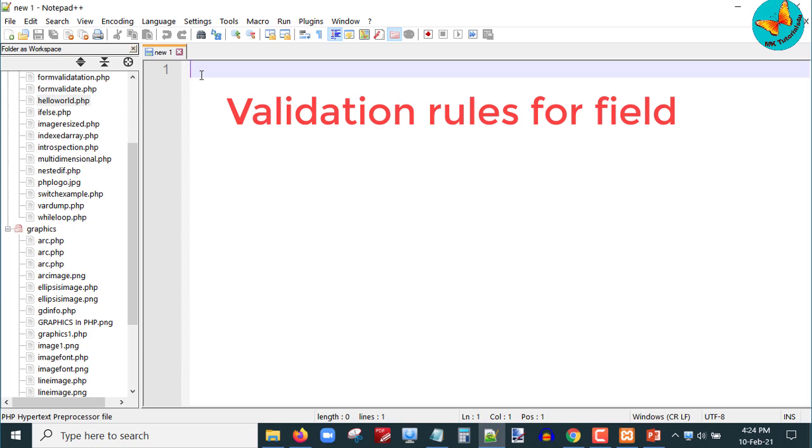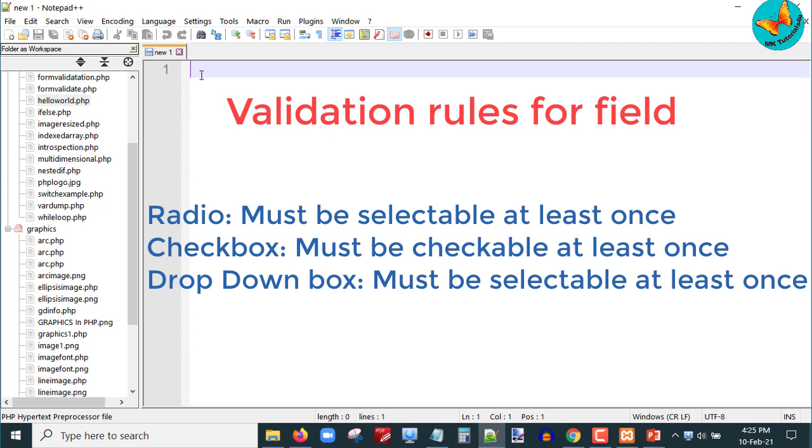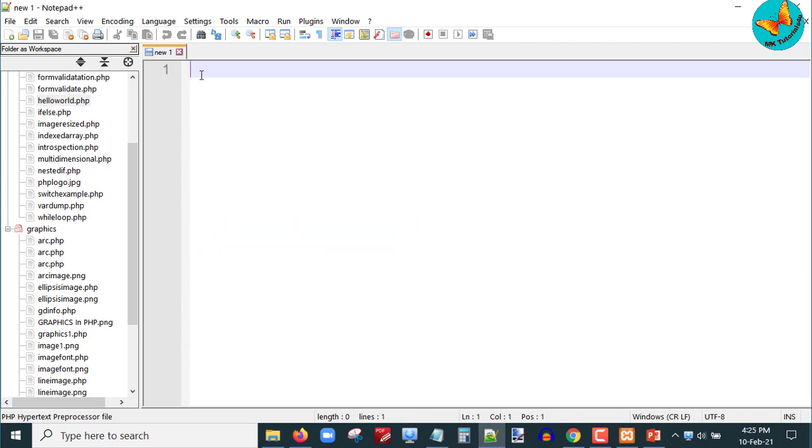The third field could be the website. So here under validation it should require a valid URL. Other form fields such as radio, checkbox, drop down box, must be selected or checked at least once. Such types of data validation could be input in our HTML forms.